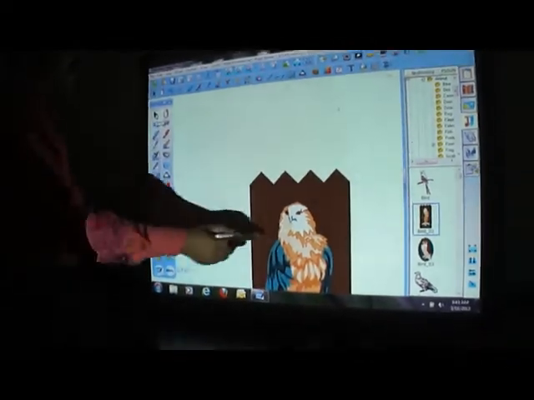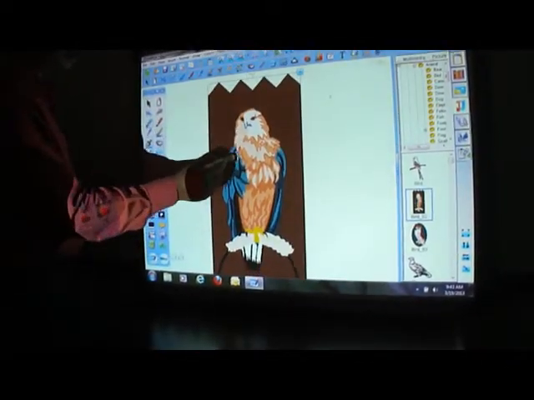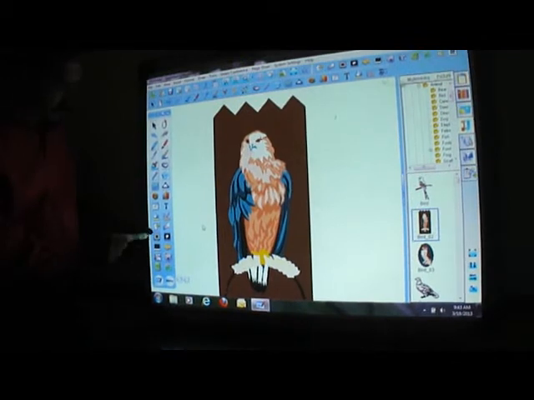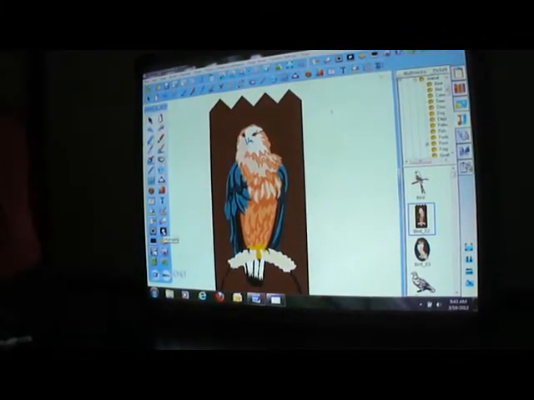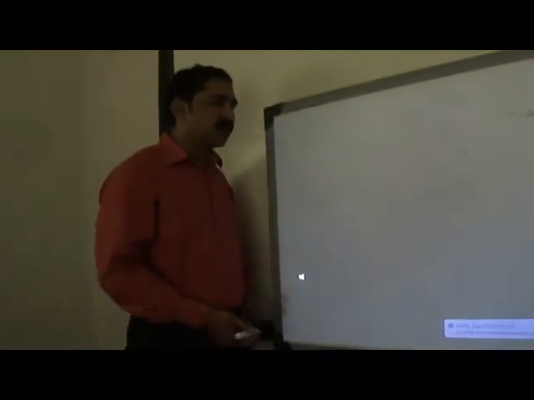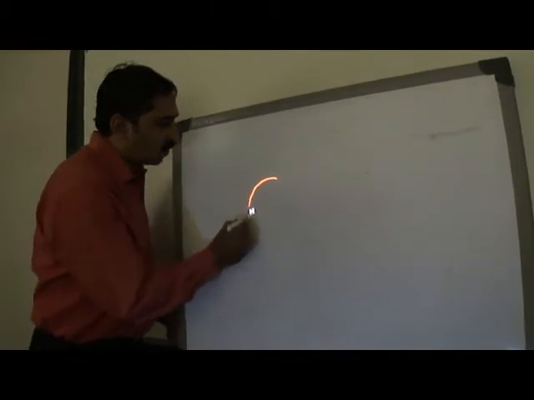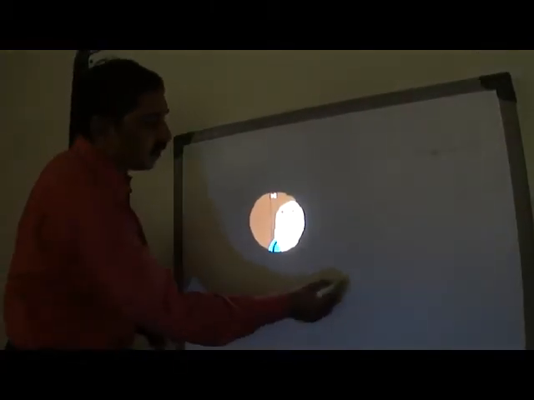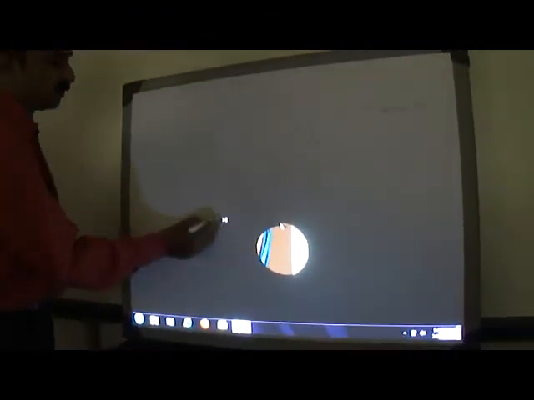The next is multiple spotlights. Now these multiple spotlights are very effective in a science lecture or science class, where you can just cut out a portion of your board and reveal the particular part.